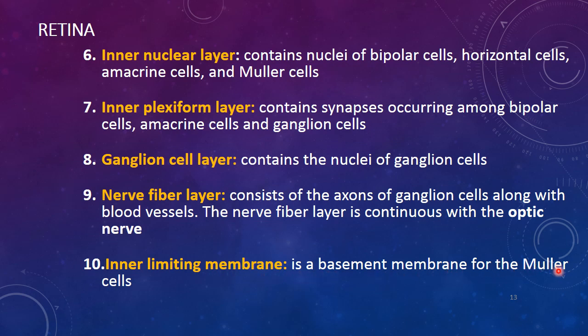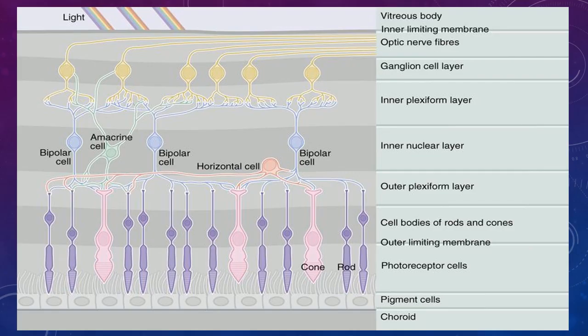And remember, these Muller cells are also known as retinal gliocytes. These are the glial cells of the retina. So again, these are showing you the orientations here of all the components. These are starting from here, the pigment epithelium, then reaching till there, this optic nerve fiber.